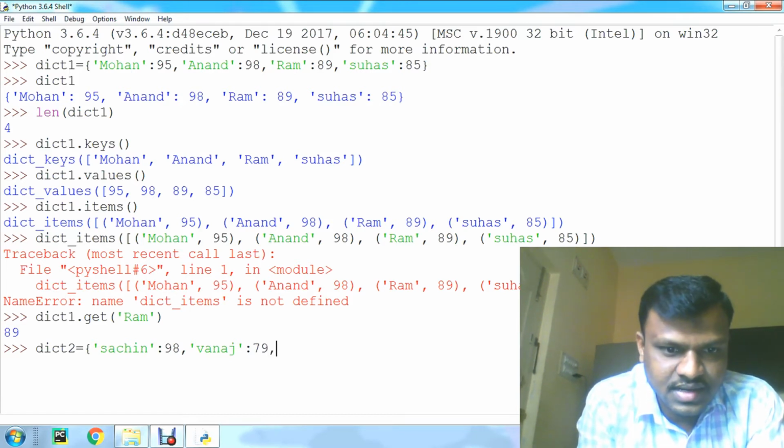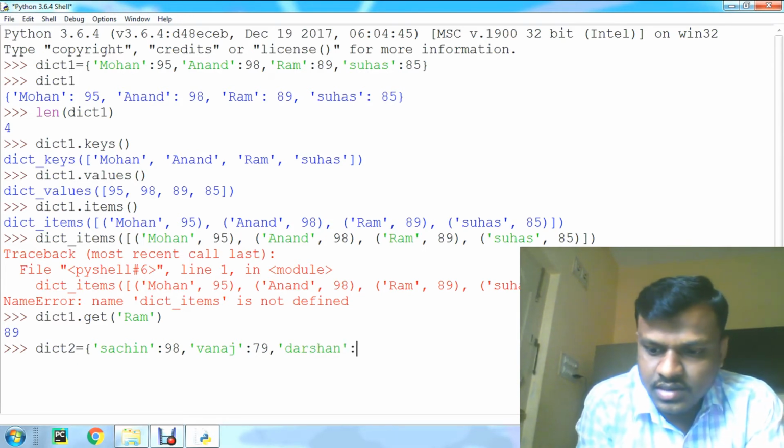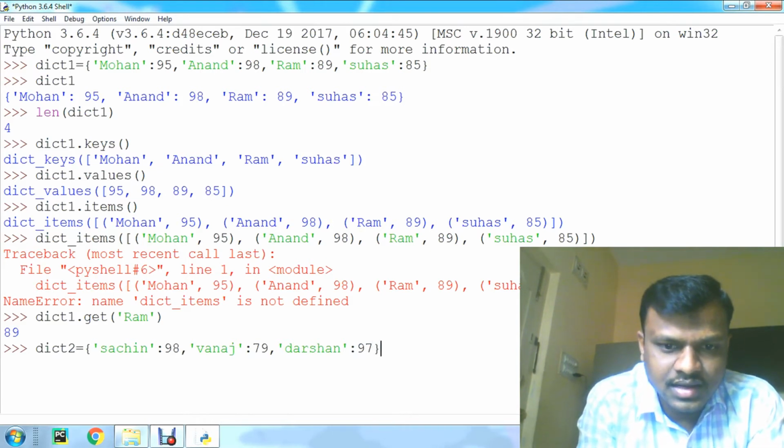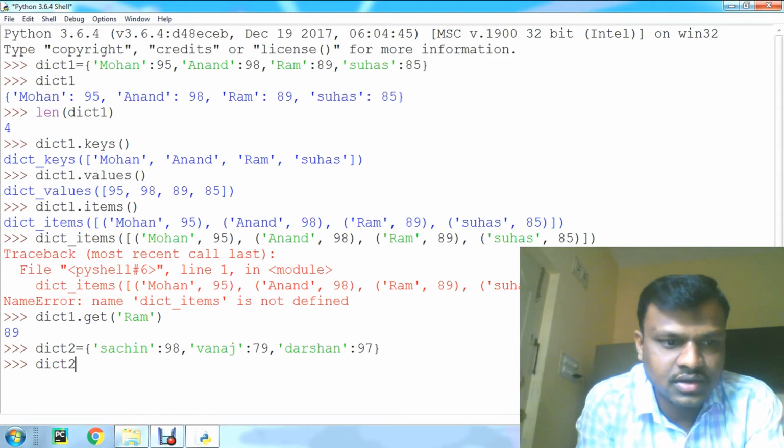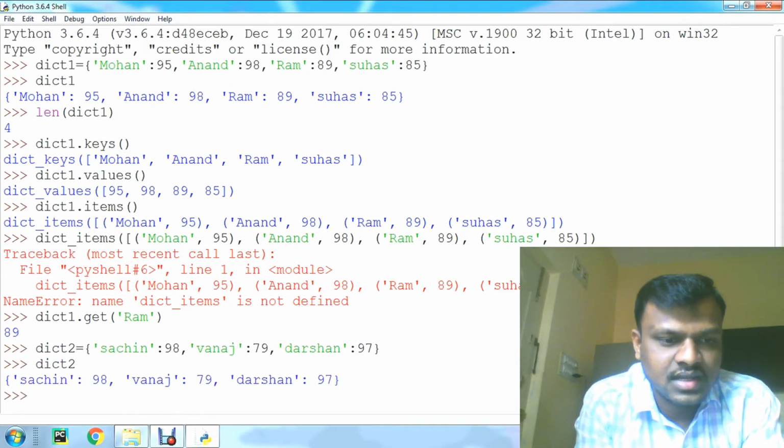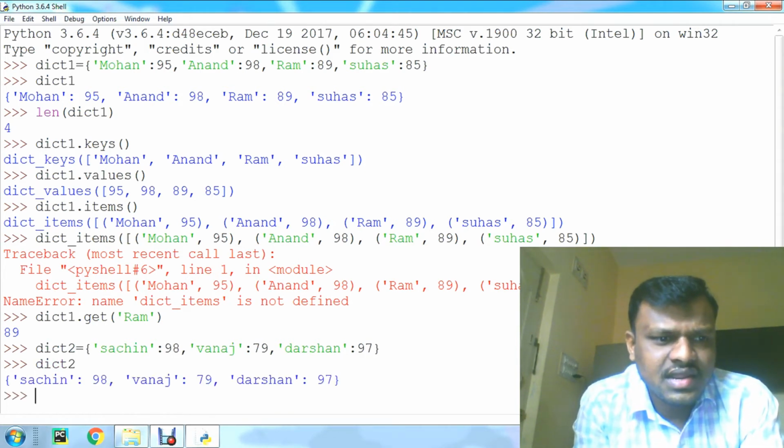In the same way, give some other values, Darshan 97. Okay, let's create this dictionary 2. Display dictionary 2 now. Dictionary 2 is displayed. Now we have dictionary 1 and dictionary 2.